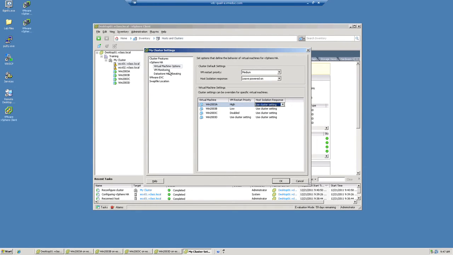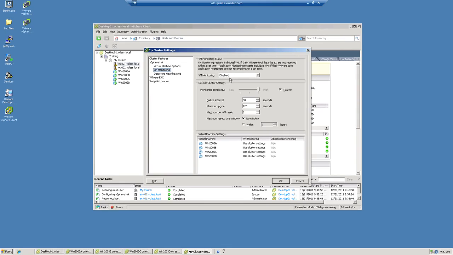Under VM monitoring, we have the ability to specify whether or not we want virtual machine monitoring turned on and optionally also application monitoring. You'll recall that there are three types of failures that VMware HA protects us from. The first, the one that we've already configured, is host failure detection. If we want to also detect when the VM or guest OS has a problem, we can choose this option. And furthermore, if we want to detect both VM guest OS failures and application failures, we can choose this third option. To illustrate, though, I'll turn on VM monitoring only,